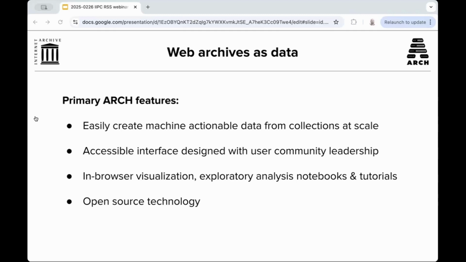Beyond that, we want to make these data sets useful as much as we can right out of the box. So with things like some basic data visualization techniques in the app, Jupyter notebooks to get started from the command line, and tutorials with the popular desktop or web-based digital humanities or data science tools that researchers already use. And our repo is open, of course. There's an API, a CLI, and a Docker image for anyone who wants to try it locally. It runs on Scala and ArchiveSpark.